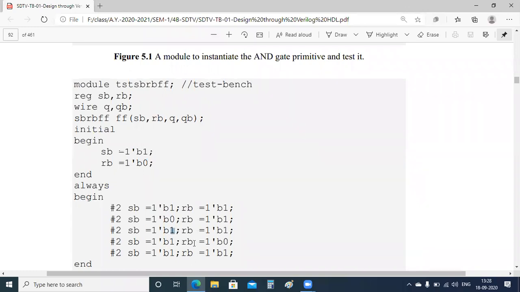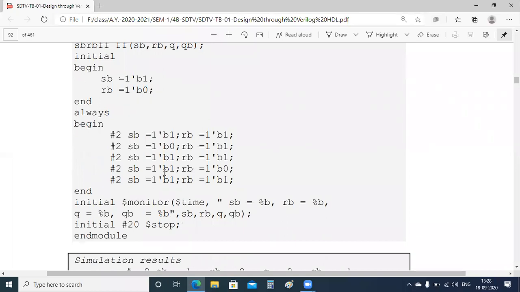Okay, that means we are shifting the values every time, setting and resetting, and we are giving different combinations of inputs for sets and resets, SB and RB, right? So that is a simple latch. Actually, it is just like a simple latch where we have used only two NAND gates to store a single bit of value, for a very little amount of time.